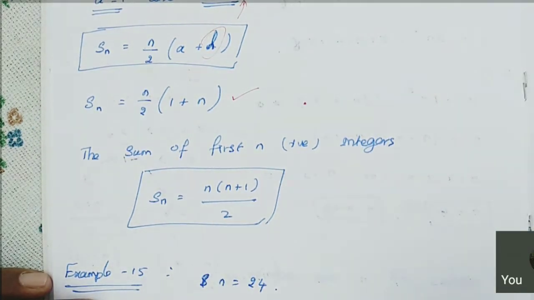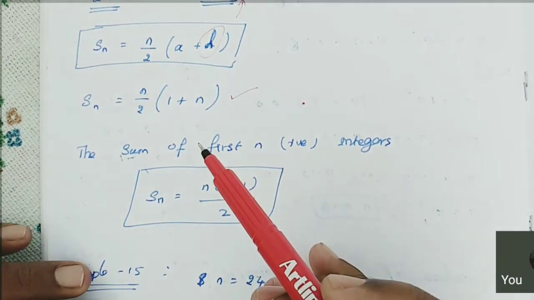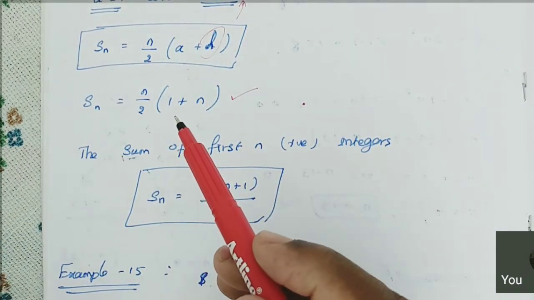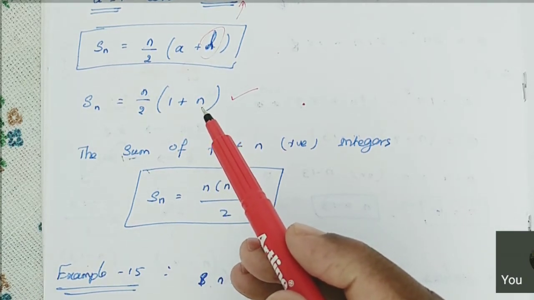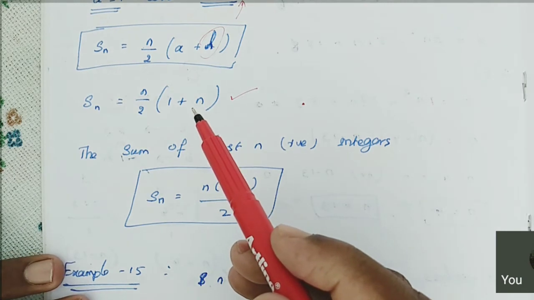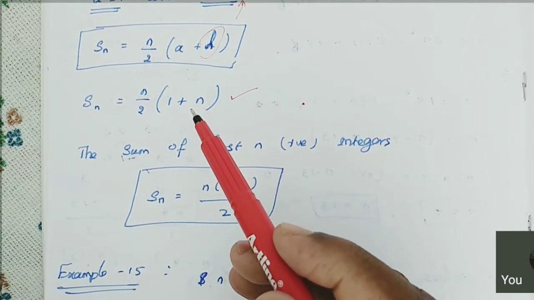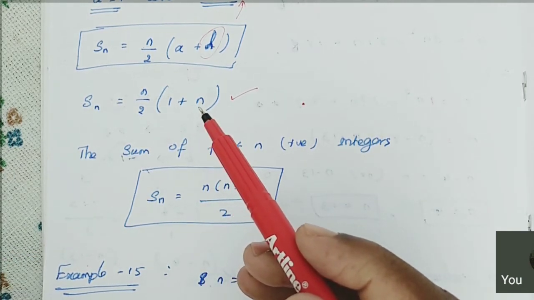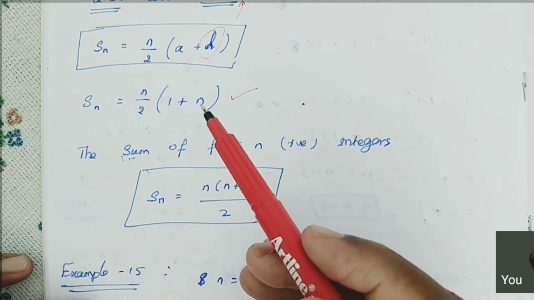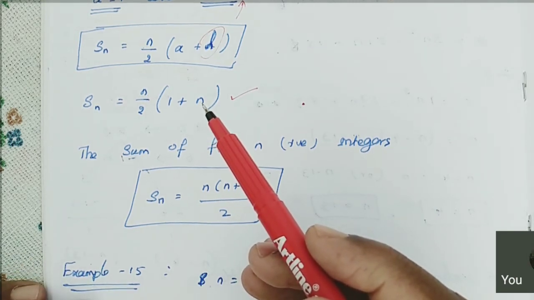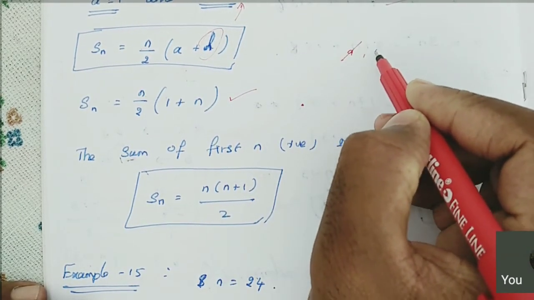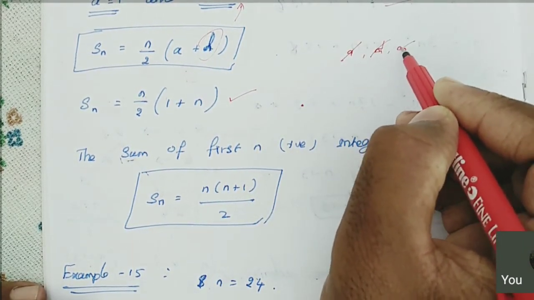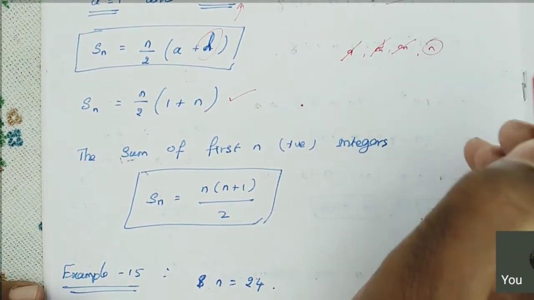Then even a, actually it is the first n positive integers, so surely the first value is a, a equal to 1, not an. Listen, here we don't need the a value, the d value, or the an value. Only the n value is enough, when they give only n positive integers.